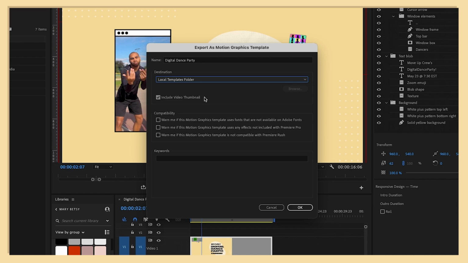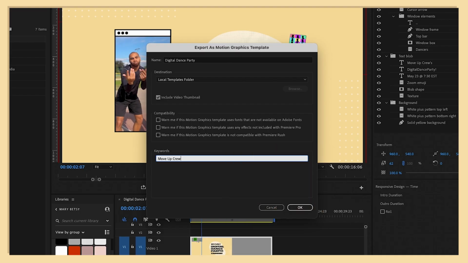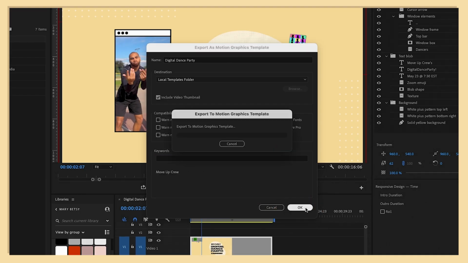All right, one last thing before we bounce out of this window is down here you'll see we can add keywords that we can search for, and so let's just add move up crew, which is the name of our client, so we can find all the templates that we've made for them. Okay, cool, we are done. We're going to go down here and click OK, and now Premiere is going to export our motion graphics template,